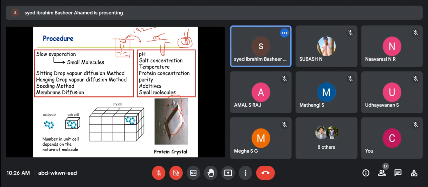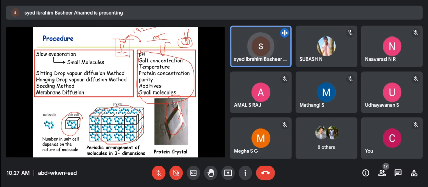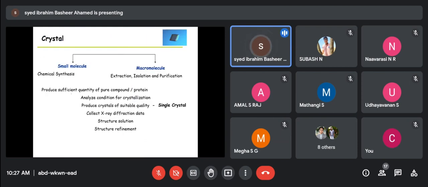So I told you about the different factors involved in making the crystallization, all the things we discussed in the last class. Assume you have a unit cell, which is the smallest repeating unit. In this you will have one or two molecules, and that unit will be repeated throughout the crystal. Everywhere in the crystal you will have the same unit repeated many times with the same number of molecules. So this is a periodic arrangement of molecules in three dimensions, which is what we saw in the previous classes.